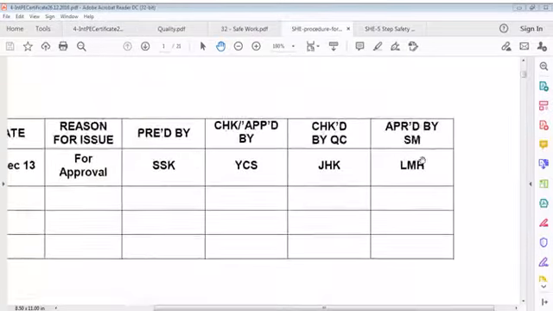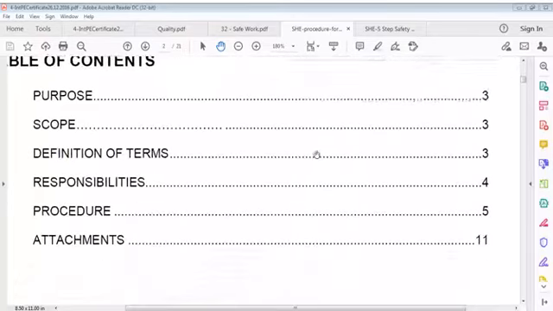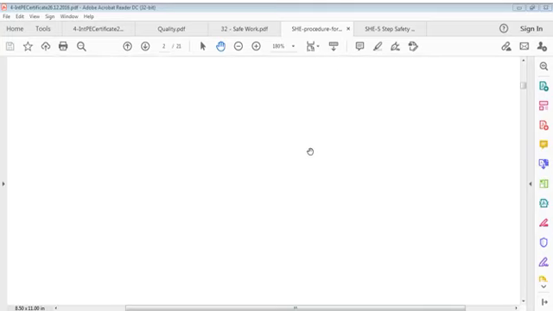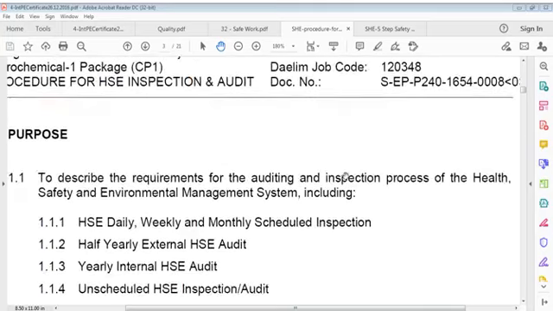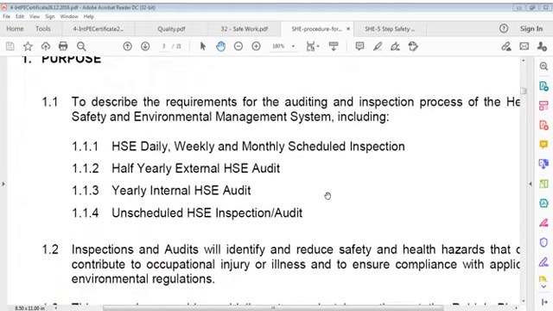Inspection and audit, while I'm not telling them of projects, not necessary. And there is purpose, scope, definition of terms, responsibilities, procedures, attachments. This is a general format of whatever procedures you prepare. And in this environment,